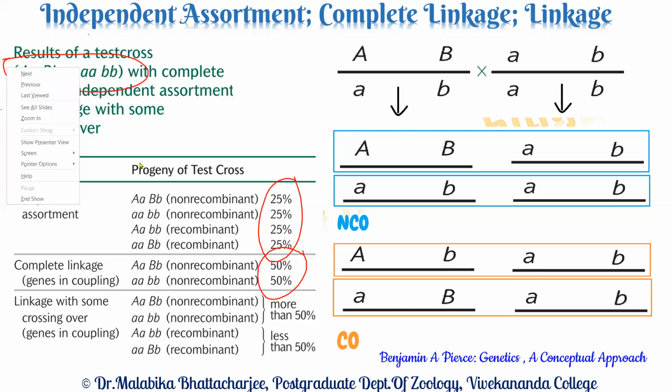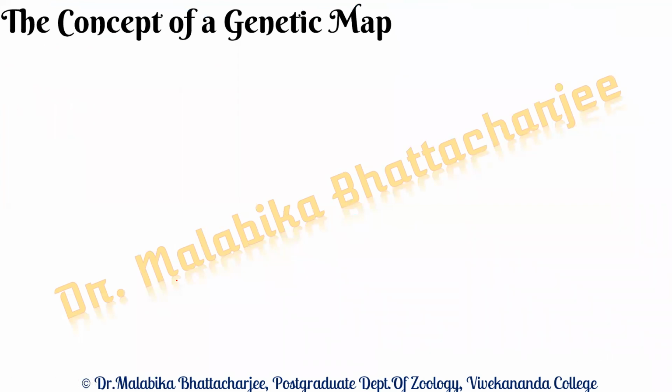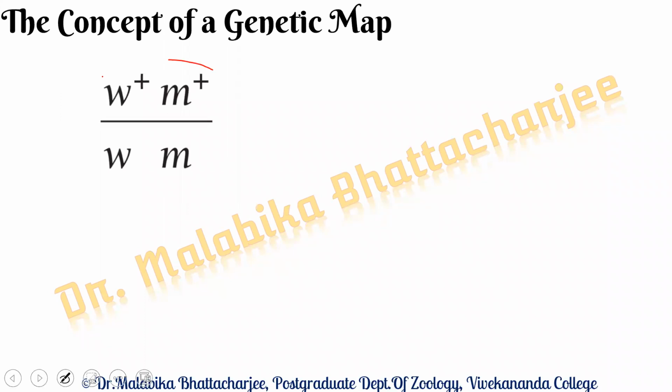Whenever we write a genetic map, we need to understand how the two genes are present and the arrangement of the two genes. For example, let me show you an example. In this arrangement, the two wild type alleles are on one homologue. Let us assume this is another chromosome, and the two recessive mutant alleles are on the other homologue. This kind of arrangement is called coupling or cis configuration.